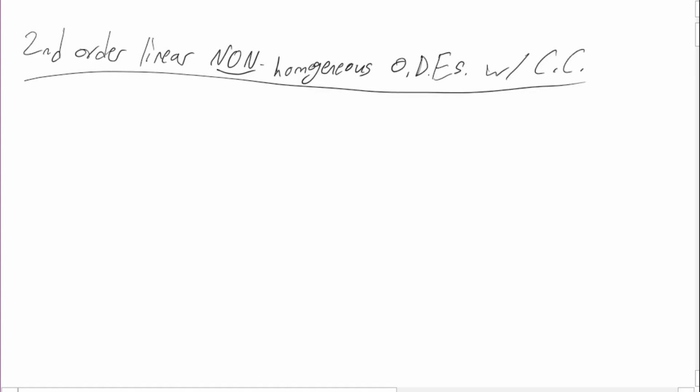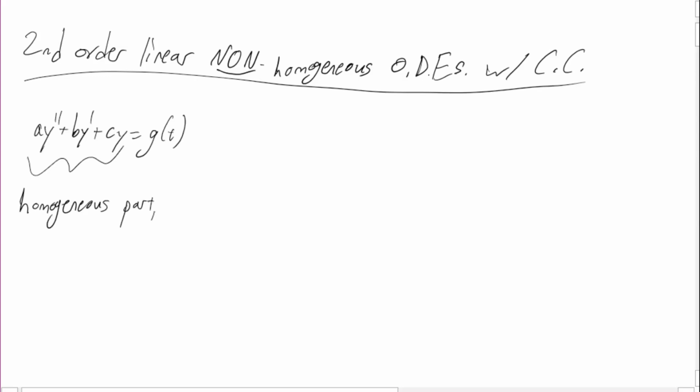Sup nerds. Today I want to talk about second order linear non-homogeneous ODEs with constant coefficients. And these are of the form ay'' + by' + cy = g(t). So they're really similar to the homogeneous ones, except now instead of being equal to 0, it's equal to g(t). And so this left side we call the homogeneous part, and the solutions to these differential equations look